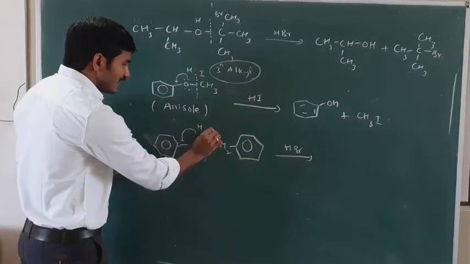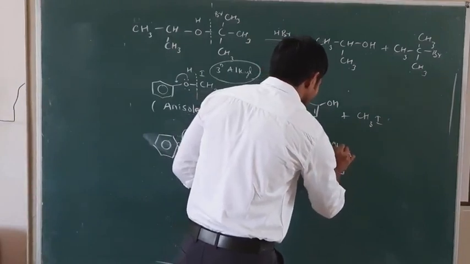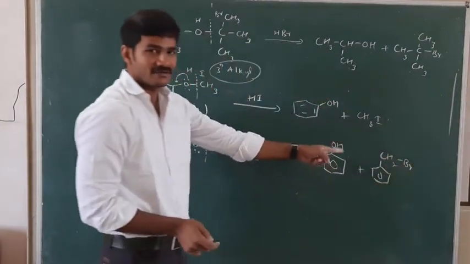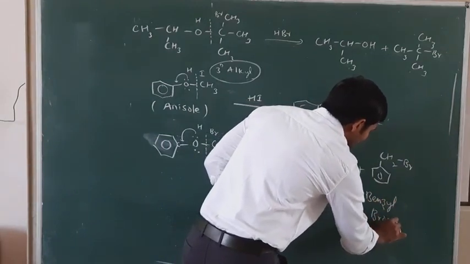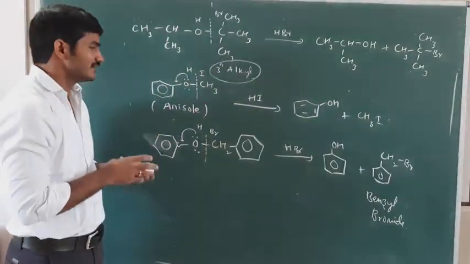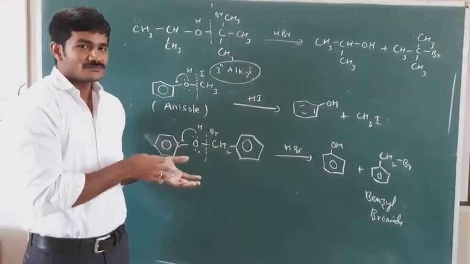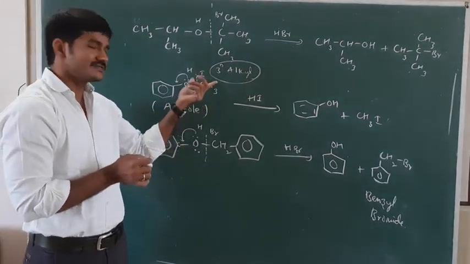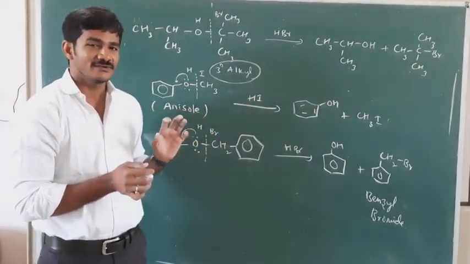So here I can add H here. So the products are phenol plus CH2Br. What is the name of that? Benzyl bromide. So this way you can break the bonds in unsymmetrical ethers based on the simple shortcut. Simple and bulky, break at simple. With alkyl groups and tertiary groups, you always break at tertiary. And with aromatic rings and some other groups, break at simple groups, because we always prepare the products as phenols and aromatic compounds.